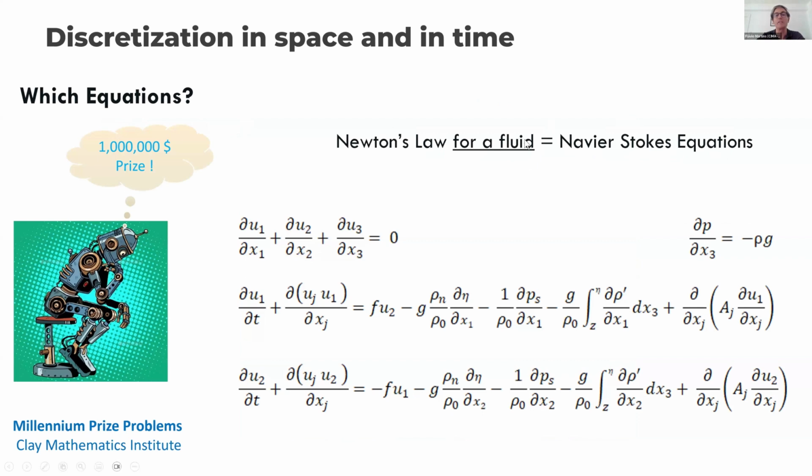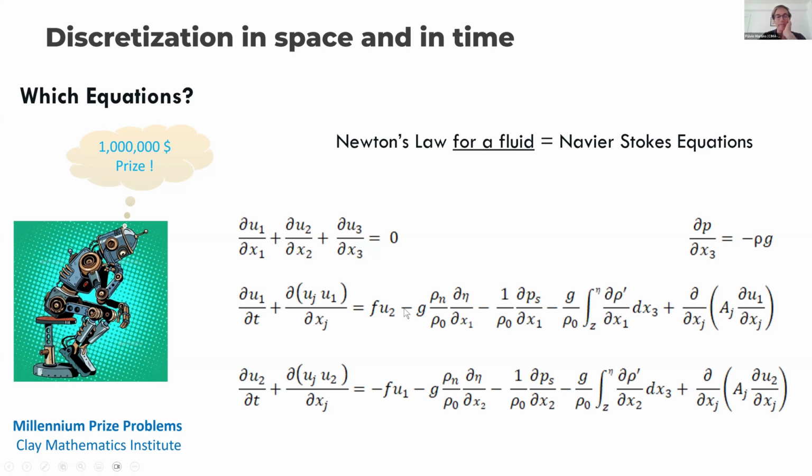In fluids, Newton's law is called the Navier-Stokes equations, okay? So basically, if you look at this, in this case, these are the two horizontal directions, 1 and 2, and you can see here the temporal variation of the velocity, and the Eulerian variation of the velocity. If this u is outside, you have a nu multiplied by the derivative of the property. But in this case, the property is u itself, okay? And all these are forces, okay?